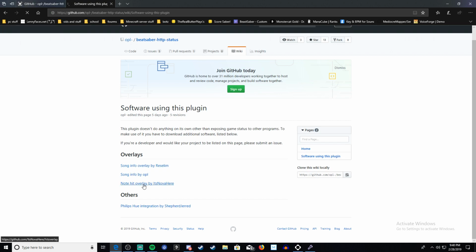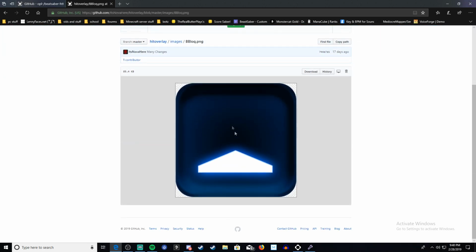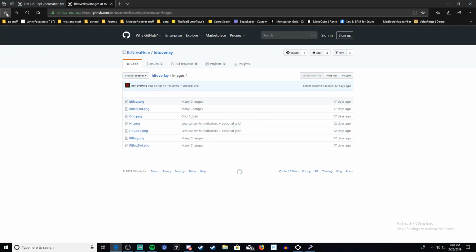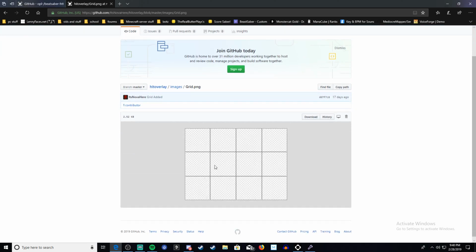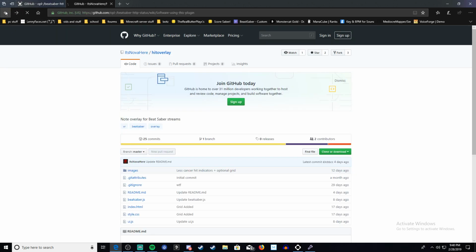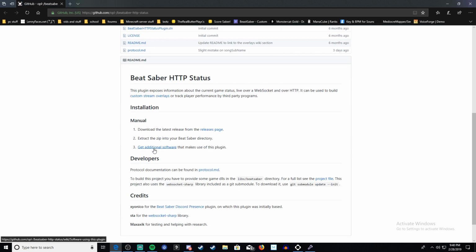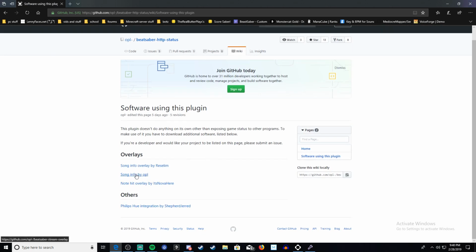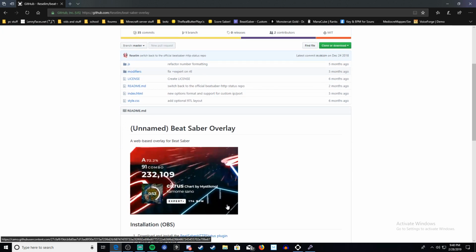recommend. This one's different. It's a note hit, so it basically will just show where the note is, and then you slicing it in this grid, and that's it. That's what it looks like. So I don't really recommend that, but if you want it, then go for it. So one of these two is what I'd recommend though, and this one is the most common from what I